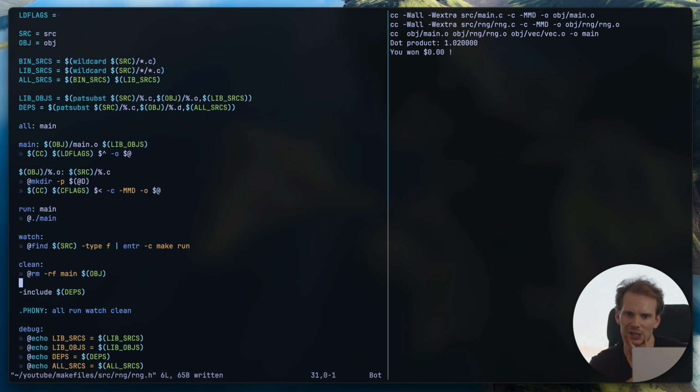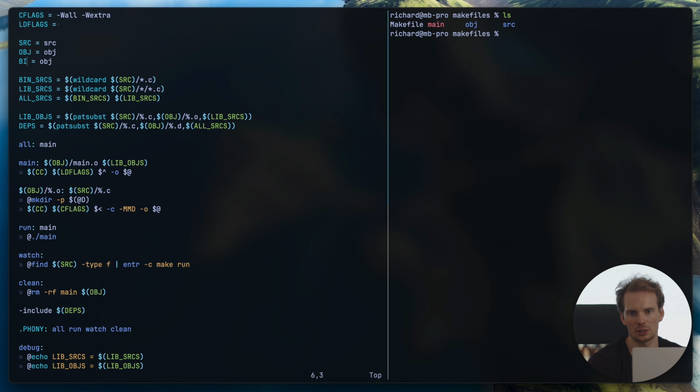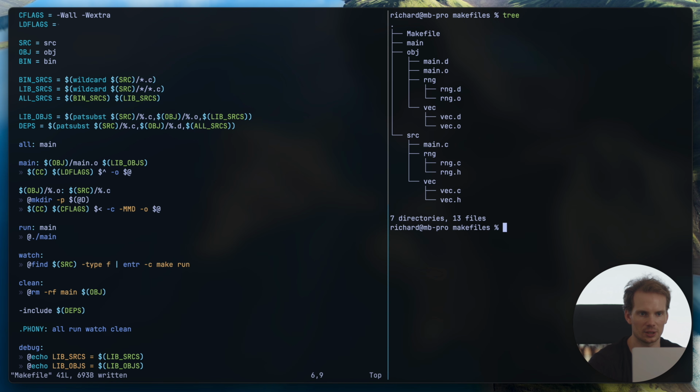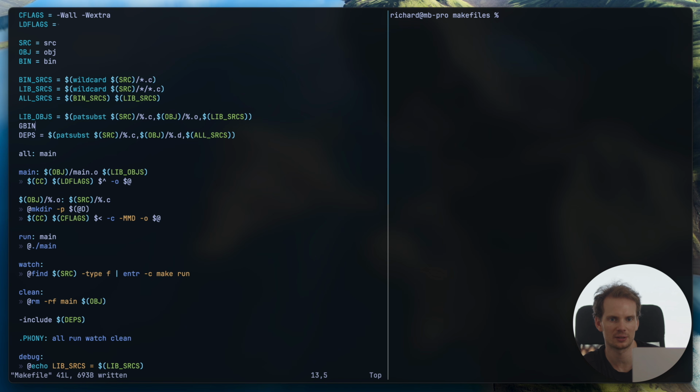In the article, I added support for multiple entry points. So instead of main.c, you might have another .c directly there that you want to compile to an executable. And oh yeah, one more thing we can do is clean up, add another directory called bin for our executables to just store everything neatly into its own place. So let's make it clean first. And then we're going to have a bin directory. And I'm going to have, let's do bins. All my binaries are going to be